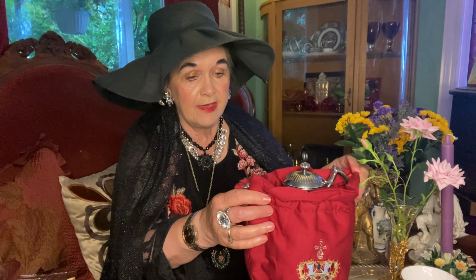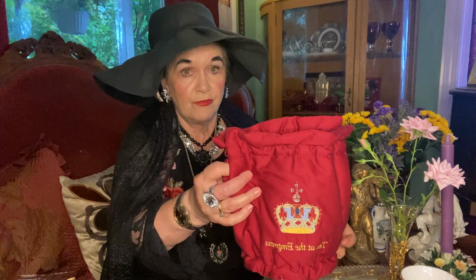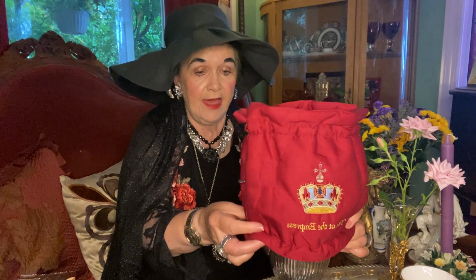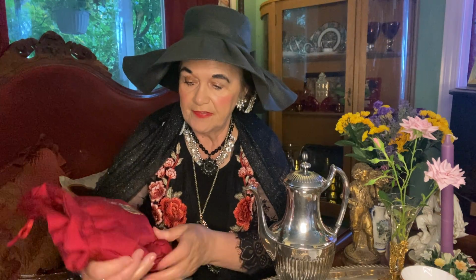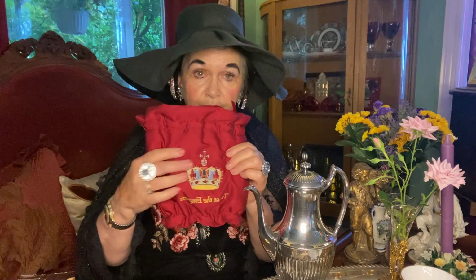Well, this tea cozy, I could not figure out how to use it. But what it is, it slides over the top and then it ties. And it keeps the tea very warm. See? And I have one in cobalt blue and it says Tea at the Empress. And it has the cross over the crown,